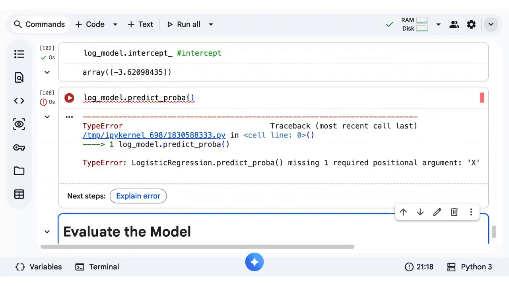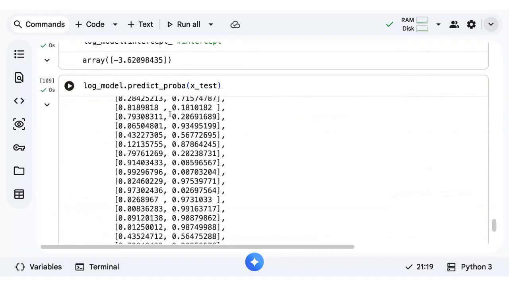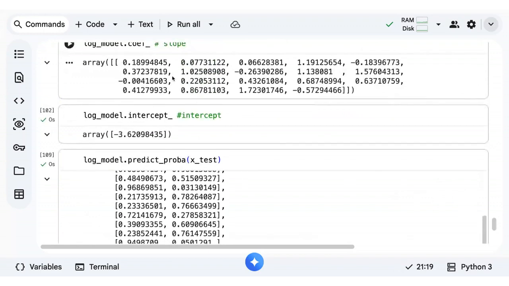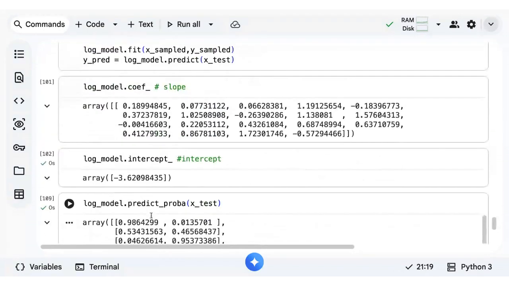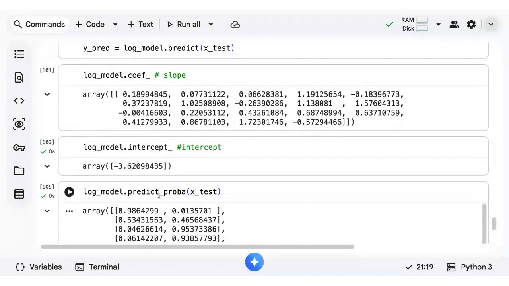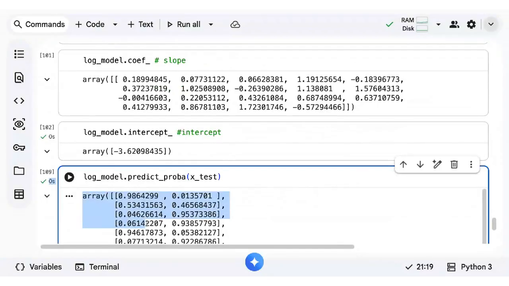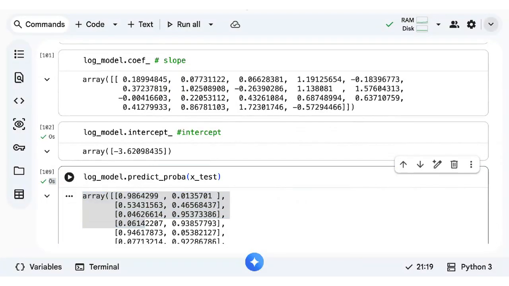If you want to see the probabilities of your test data, you can see this is how it predicts. Basically it uses a sigmoid function which transforms everything to a range of 0 to 1, right? This is how it works.